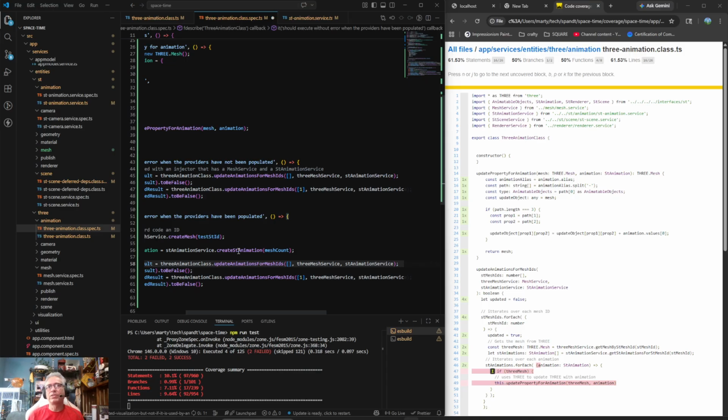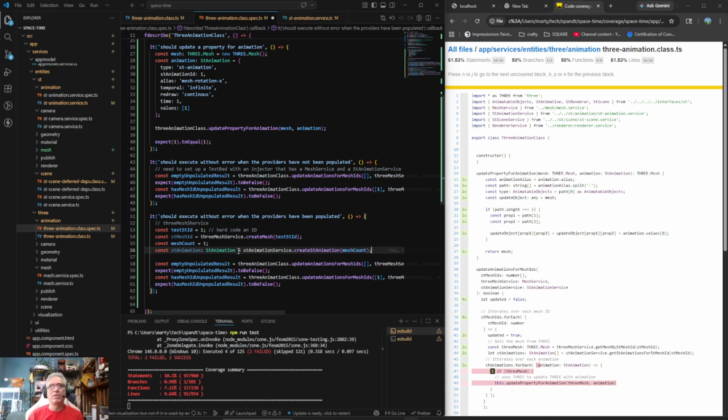st animation service. Okay, for st mesh ID. So this is going to get the animation for the mesh ID, which I think we just created, right? That's what we just did. We just created an animation in the animation service. But st animation for mesh ID really doesn't make sense because we did not associate the mesh to the